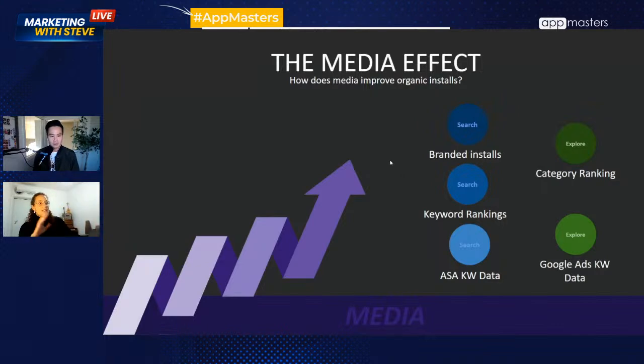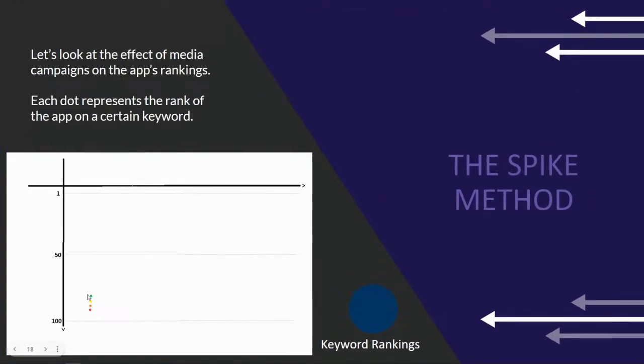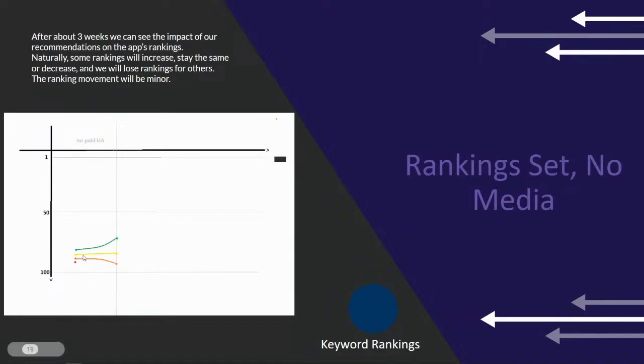Okay, so let's break it down a little bit. Let's say we looked at the app, we gave it all the right keywords, we put everything in the metadata, we implemented it, and now we are ranked. Everything is ranked between like 70, 80, 90. So we're not getting any installs from these new keywords that we just put, right? We wait a little bit, because we always want to wait in ASO, but nothing changes much, right? So still no installs. Then what we do is we run a really strong media campaign.